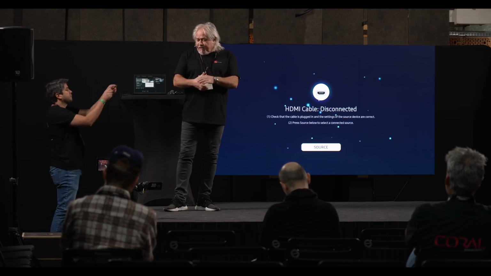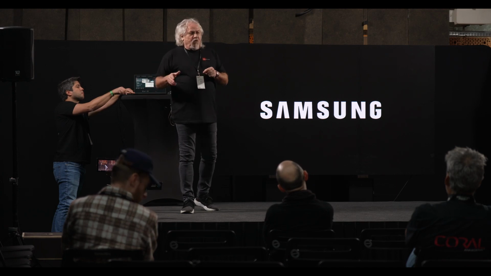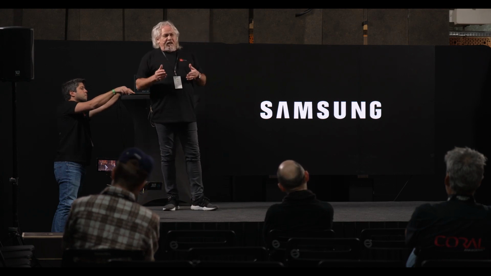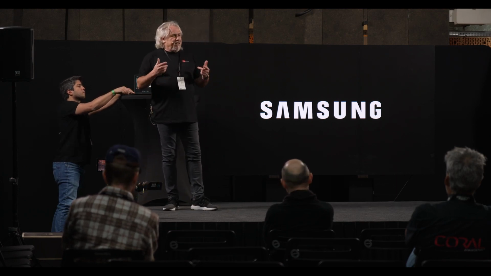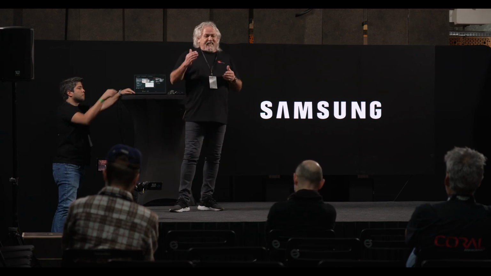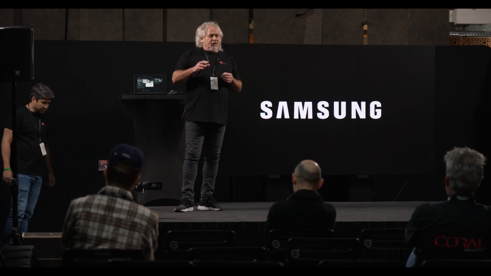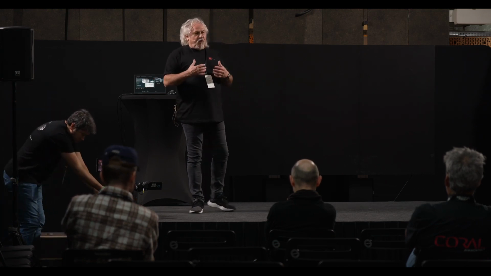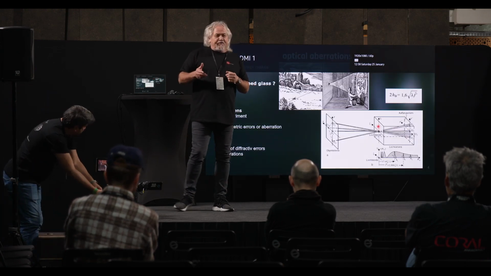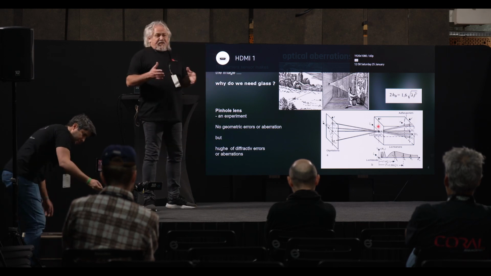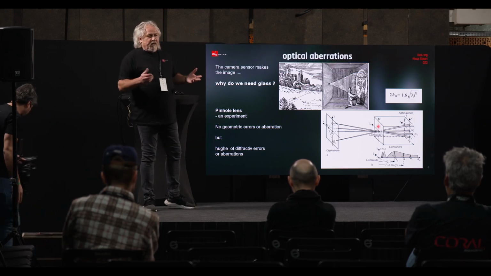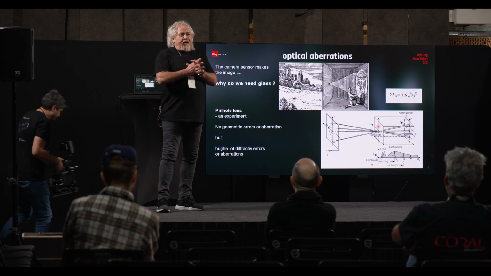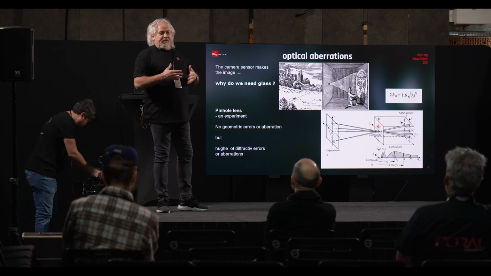Normally we wouldn't have to have a lens, but when we look at the exposure and at the light, doing an image like this with a hole, we need much too much light. And for a video or a movie, we need a minimum of 24 images a second. That means you have a very short exposure time, and that means you need more light, and you have to gather more light on the region of the camera sensor. At least that is the reason that we need lenses. But that is also the reason that we have to care for aberrations that the lens is introducing to